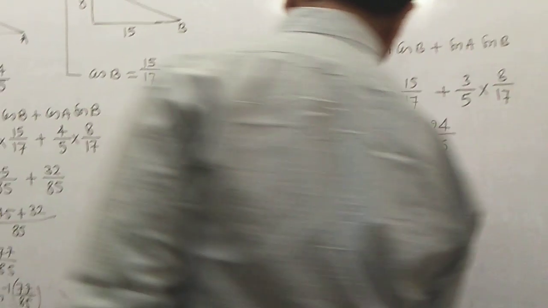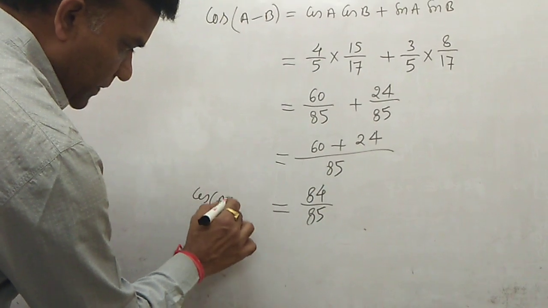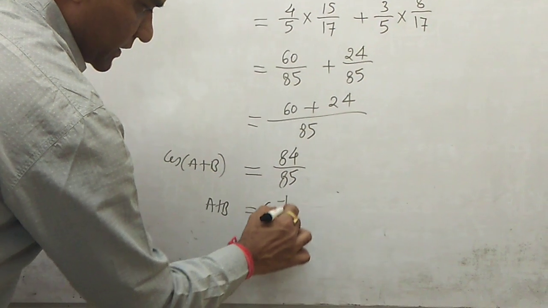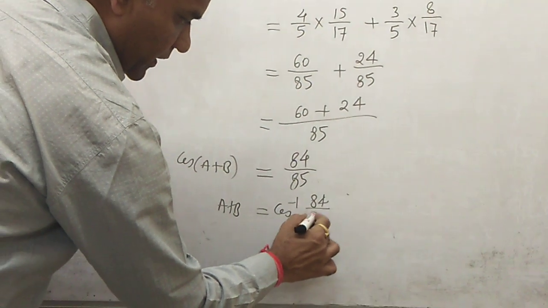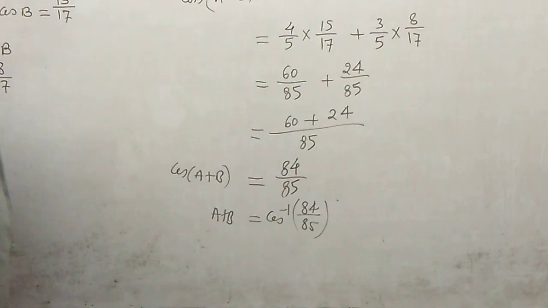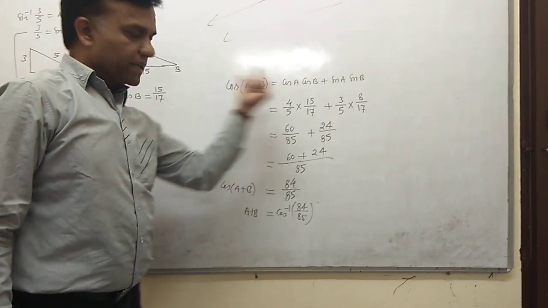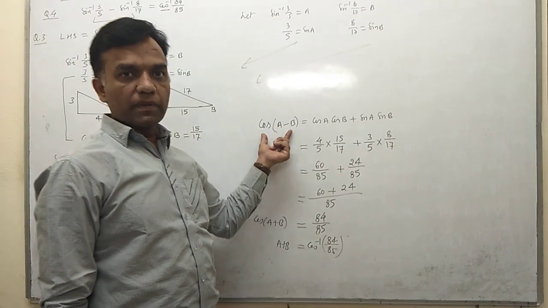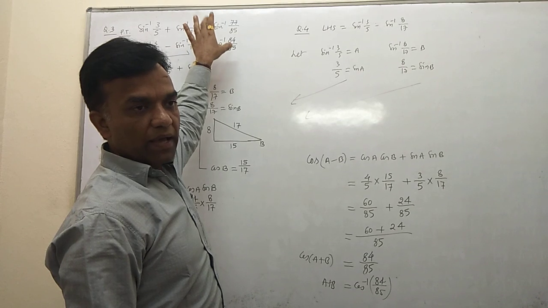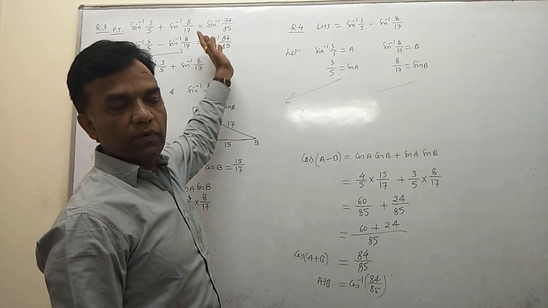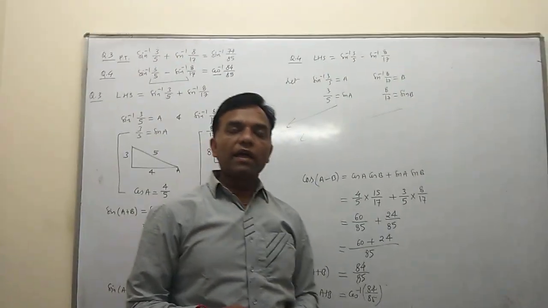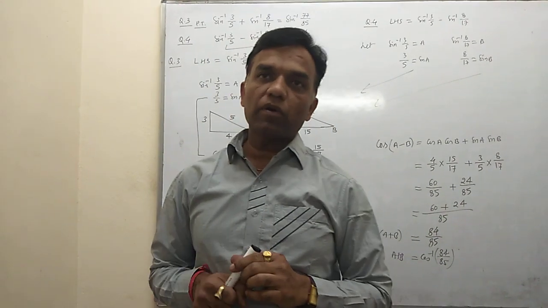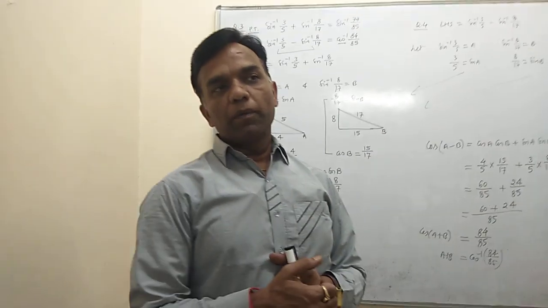So you use the formula of cos of a minus b, which gives a minus b equal to cos inverse of 84 upon 85. Therefore, we use the formula of cos, because cos is on the right hand side. If tan inverse is given, then we use the formula of tan of a minus b. It depends on the right hand side. If sin inverse, cos inverse or tan inverse is given, you use that formula only, and you get the identity. Prove the identity, because all concepts are very easy, as you use the concept of previous class formulas.